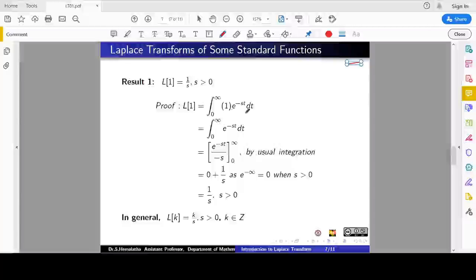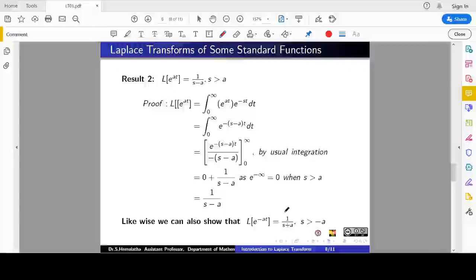This is where the definition format, minus in the left and t in the right, is followed in each and every case to obtain this value. Otherwise, we will be getting an infinity value and we cannot conclude the value of the Laplace. So, in general, we can write L of k as k by s also.